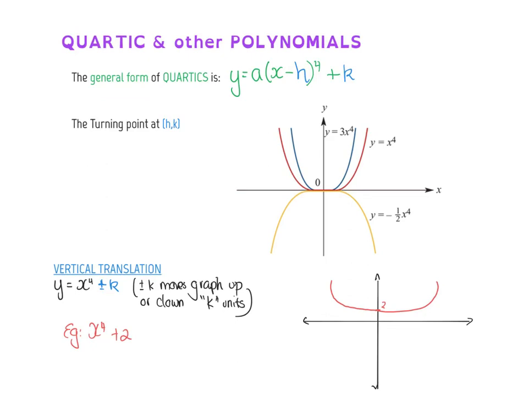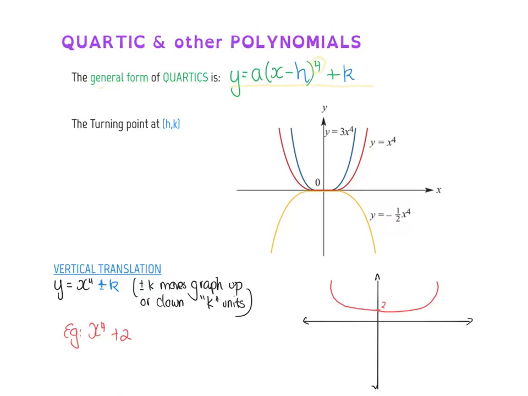Okay, today we're doing quartics. A quartic is when we have a power of 4. We've done cubics with 3, quartics are 4. So if we have the general form of a quartic over here, like y equals a bracket x minus h